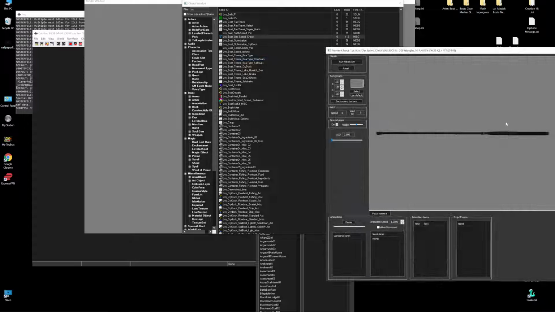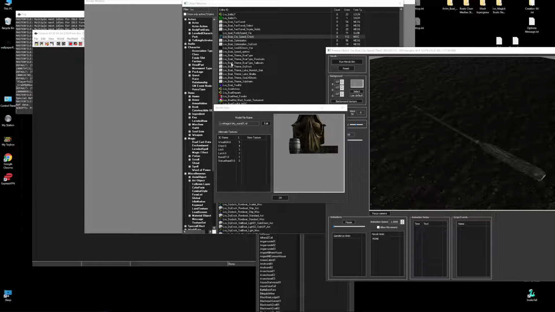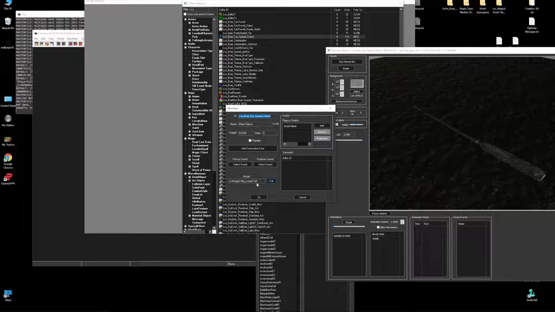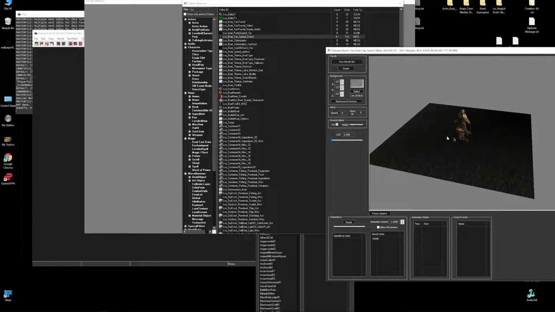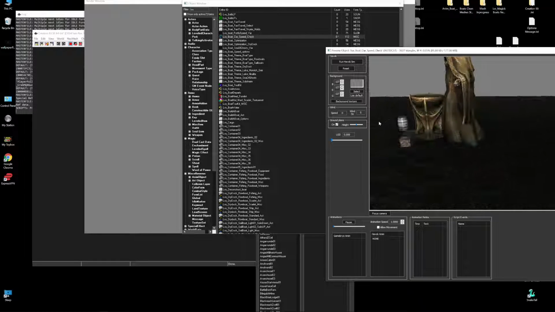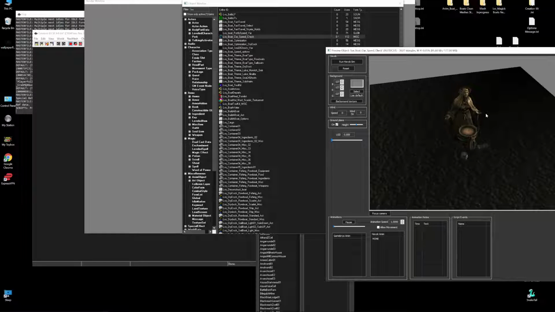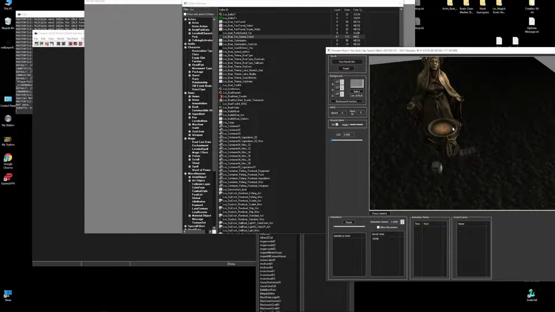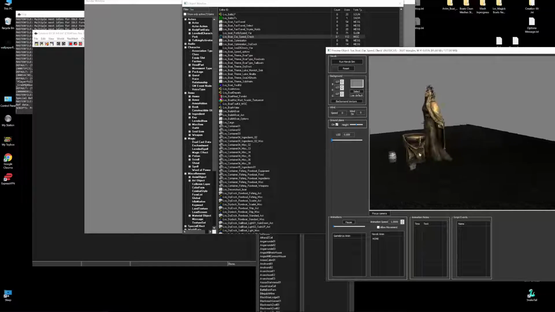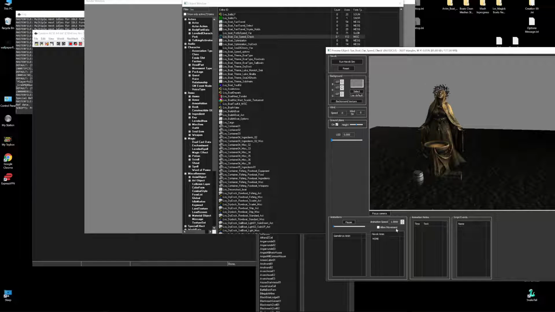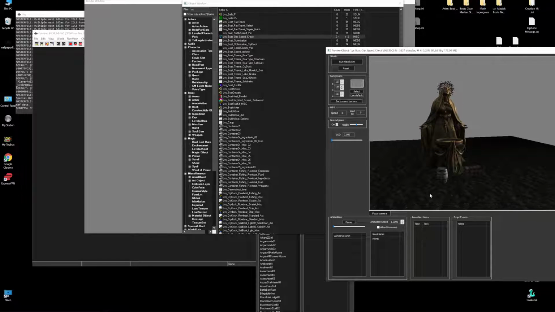I'm going to preview it again, and it's still not there. Oh, I didn't hit OK. Okay. There we go. There's your NIF. Now, just remember, there's no collision in it, but your NIF's there, all your objects, and it looks pretty cool to tell you the truth. I like what I did with the red. I made that up as I went, and that's the beauty of this whole creation process.